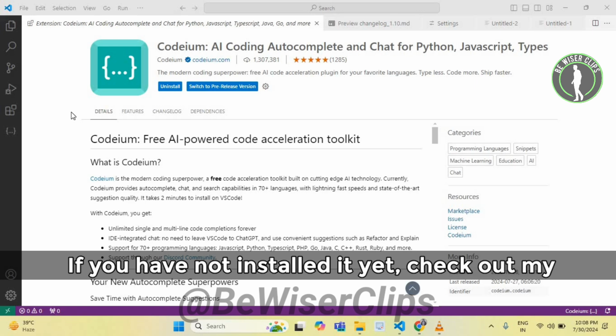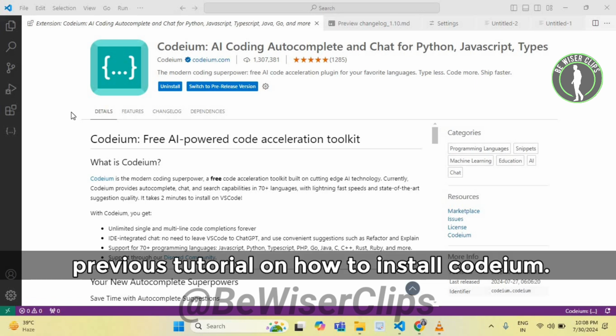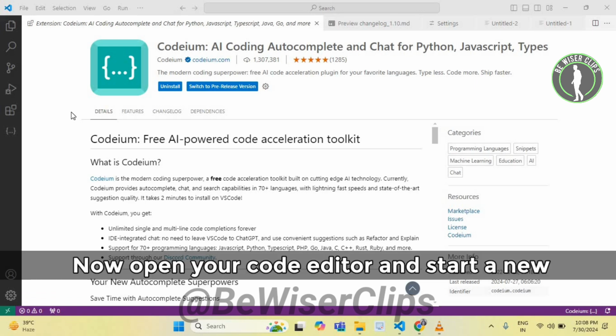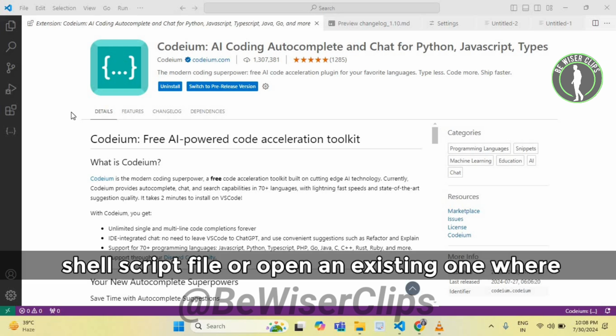If you have not installed it yet, check out my previous tutorial on how to install Codeium. Now open your code editor and start a new shell script file or open an existing one where you want